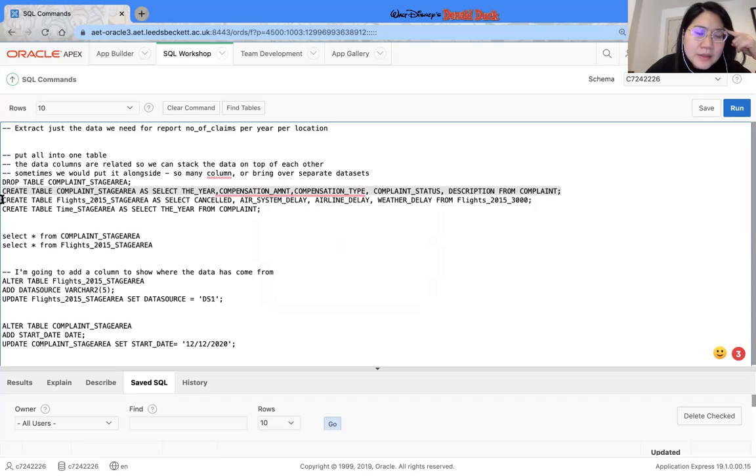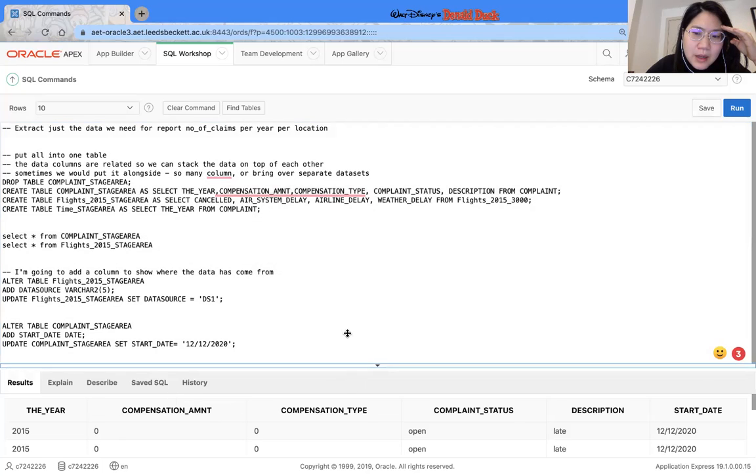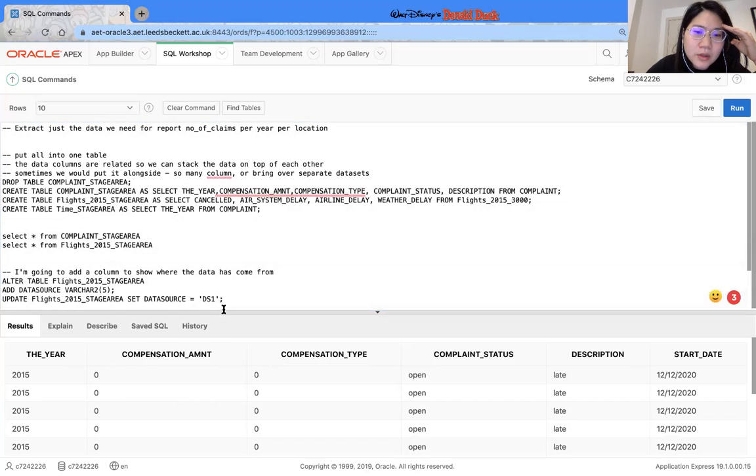And then, the same as flight 2015 stage area, I would like to have cancel, air system delay, airline delay, weather delay. And as the same as time stage area, I only want the year, which is 2015. So as you can see, this is my table. I get those things from the raw data, which is complaint,